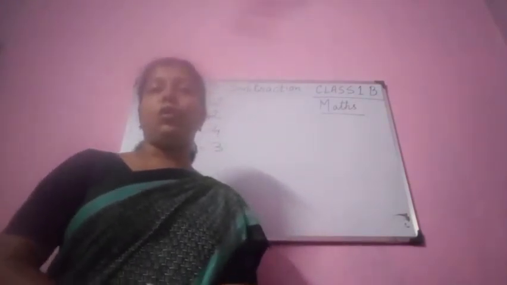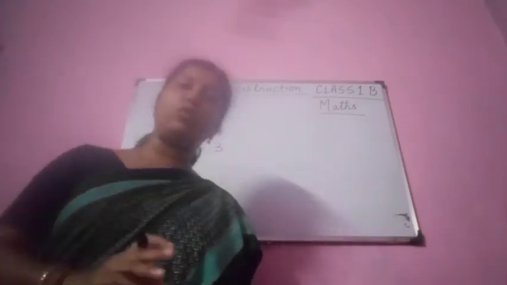Okay. Now this one, subtracting by crossing out, this also we have done, isn't it? Okay, this is page number 32. You see you have to cross out. 9 balloons are there and you cross out 2. When 9 balloons are there, when you cross out 2, the answer will be 7. 9 minus 2 will be 7.